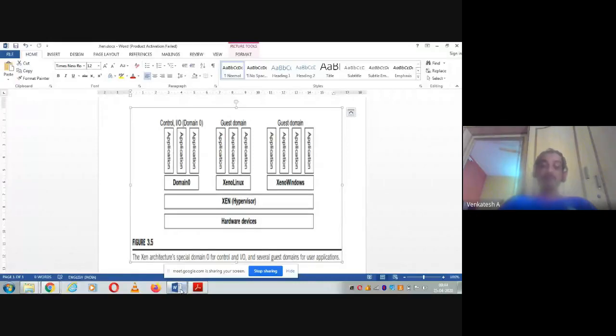It includes all the physical resources. Then upon that, we are installing the hypervisor. So that means we are directly installing the Zen hypervisor on the hardware device. Now tell me whether it's a type 1 hypervisor or type 2 hypervisor. So we are installing Zen directly on the hardware. So that means it is type 1 hypervisor.